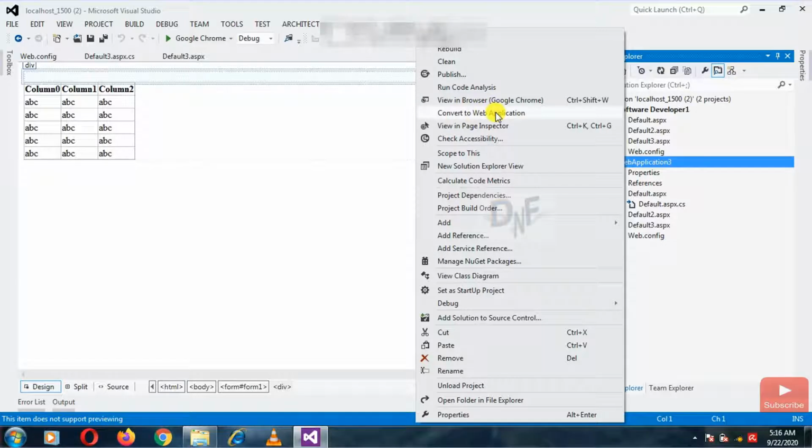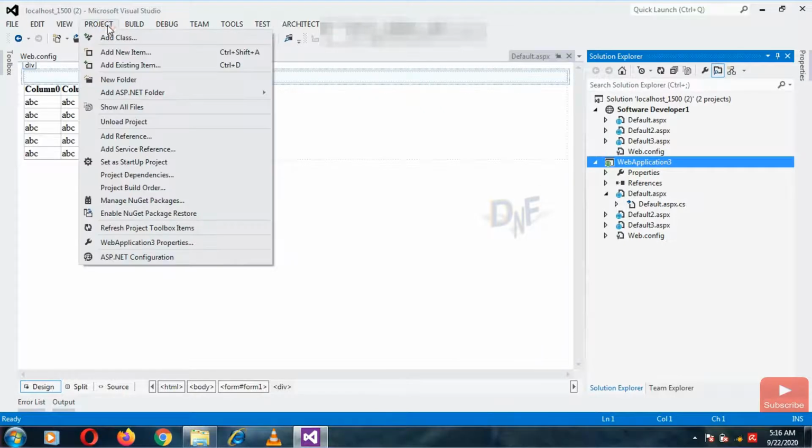For example, I am using Visual Studio 2012, and in such a case I have an option to convert to web application. If you have a higher version than Visual Studio 2012, you can see the Convert to Web Application option in the Project tab, as the last option in the Project tab.